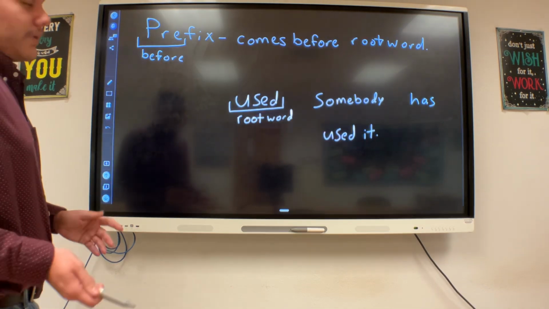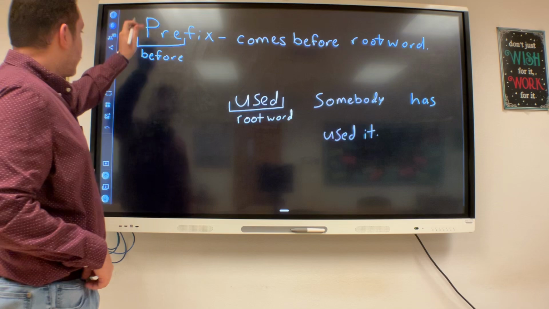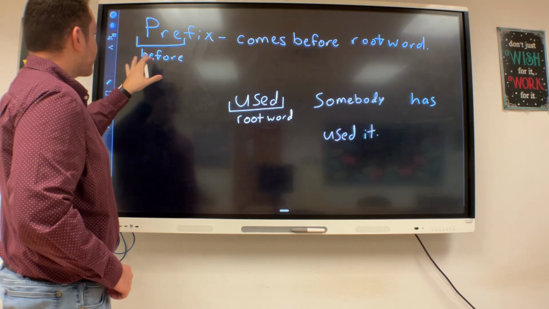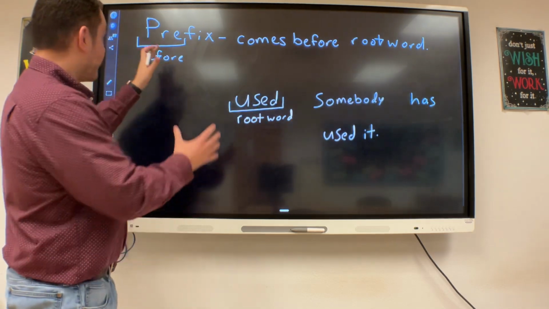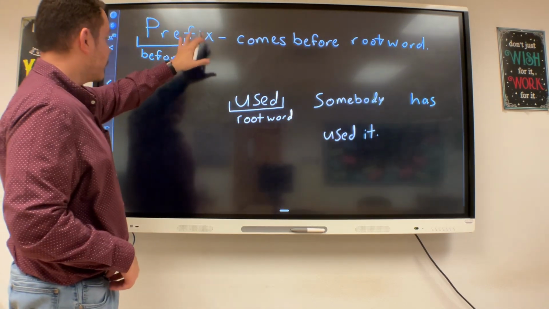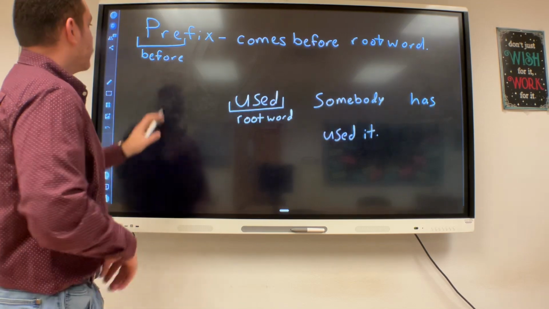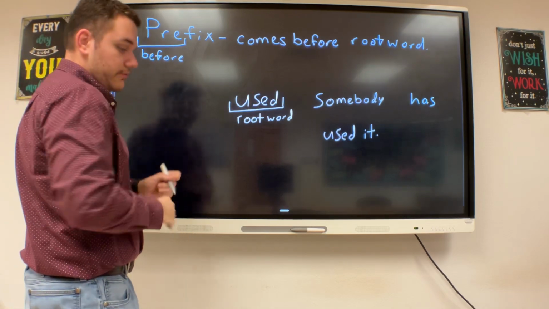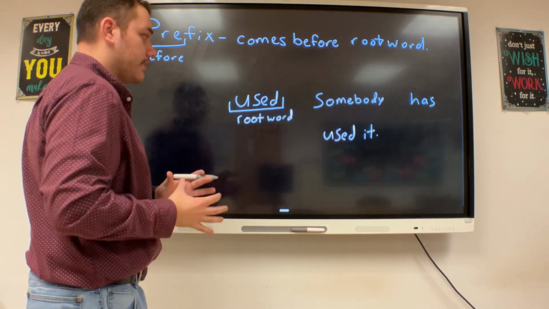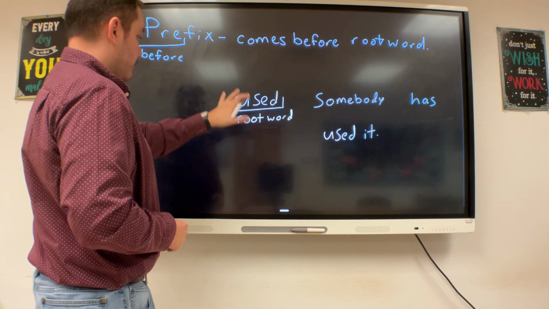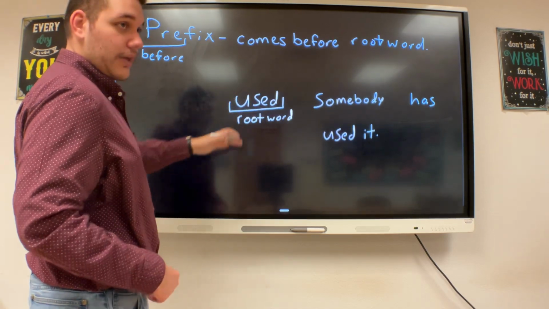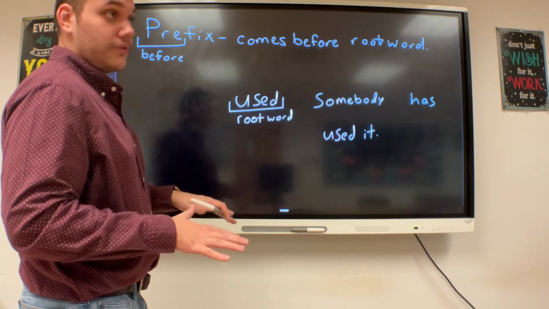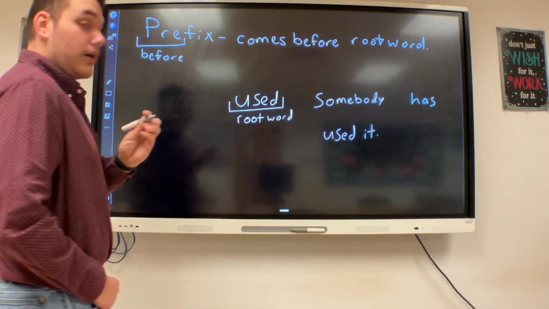And the easiest way to keep up with it is that a prefix has pre in it. Now, if you can remember that, that's easy, because pre means before, and then fix means to attach. So that's what prefix means, to attach something to the front of the word. So that prefix comes before the root word. And the root word is just like the base word that we're talking about. So for this example, the root word here is going to be used. And we know used, like a used car, somebody has owned it before, somebody has used it, it's not new. Somebody has used it. But